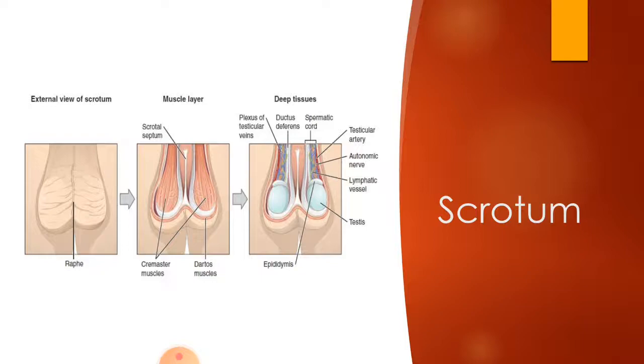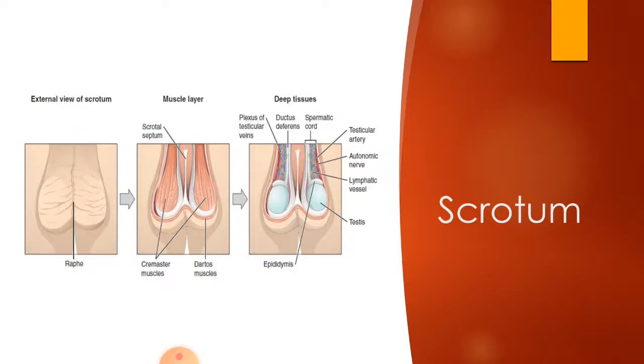So starting with the scrotum, that is basically a pouch of pigmented skin that is composed of the fibrous and the connective tissue and the smooth muscle as well. It is divided into the two compartments, each of which contains one testis, one epididymis, and the testicular end of a spermatic cord that we will discuss in our coming slides. By location, it lies below the symphysis pubis and in front of the upper parts of the thighs and behind the penis.